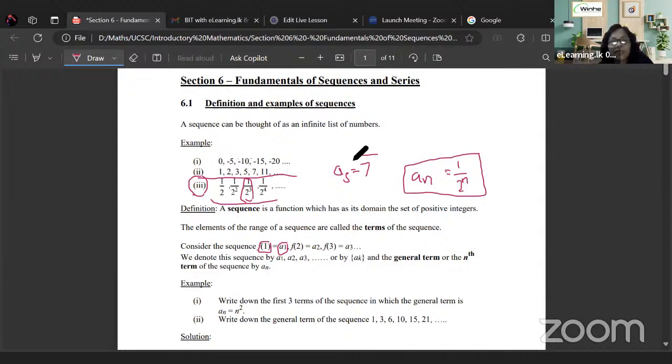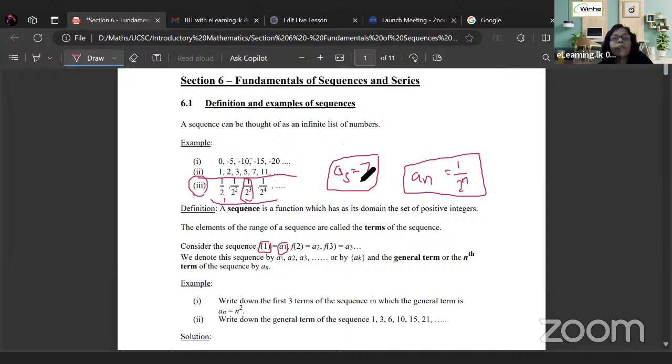The advantage of getting an idea about this general term is that if you know the general term, you can write down each term based on our general term. So you can write the general term of the third sequence as 1 over 2 to the power n. If n is equivalent to 1, then the first term of this series becomes 1 over 2 to the power 1, or else 1 over 2.